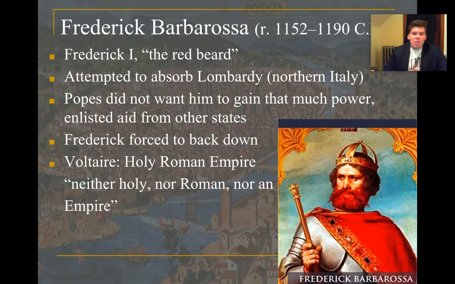And then moving along to Frederick Barbarossa, aka Redbeard, that's literally what that means. He was another major emperor of the Holy Roman Empire, tried to absorb a part of northern Italy known as Lombardy. Popes did not want him to gain that much power. They're very much worried about having to contend with this Holy Roman Empire. So it was a sense of, well, we want them to support us, but we don't want them to grow too powerful that they can sort of replace us as the major power. And so Frederick, however, backed down a little bit. He let the Pope kind of call the shots,